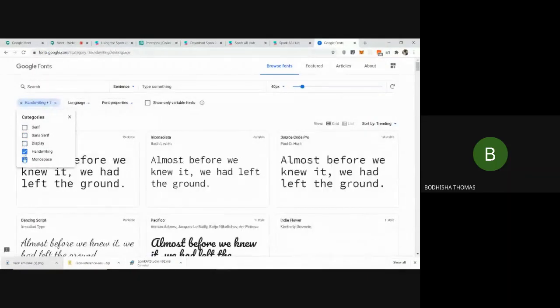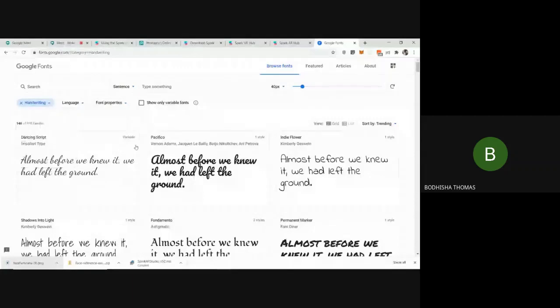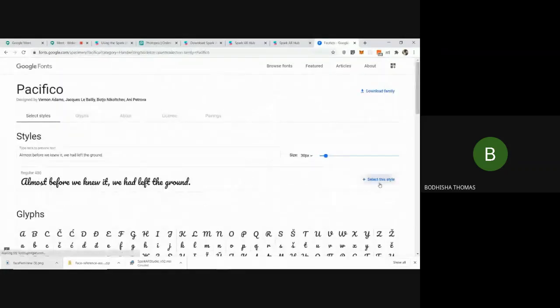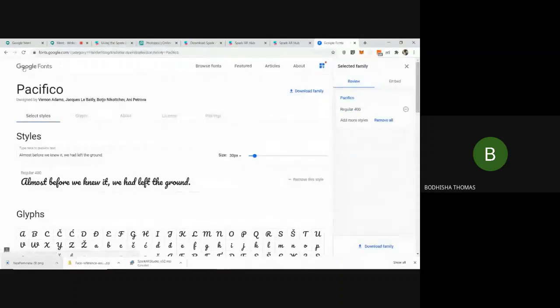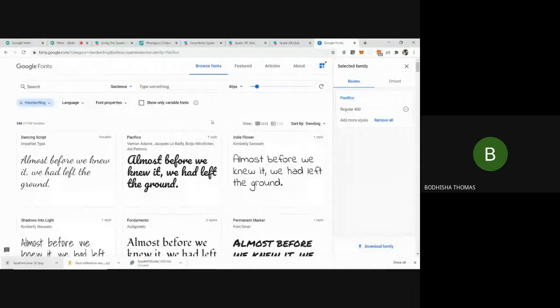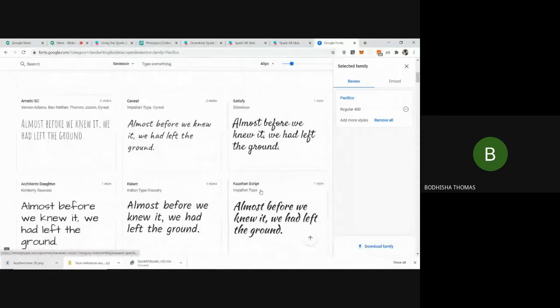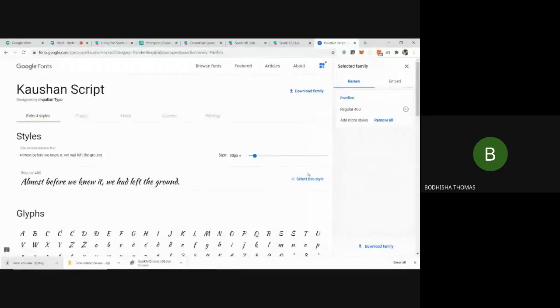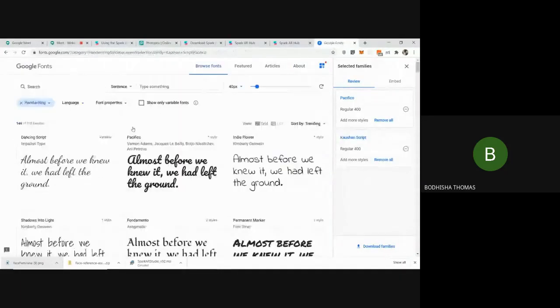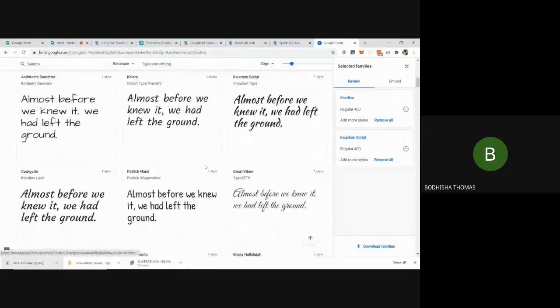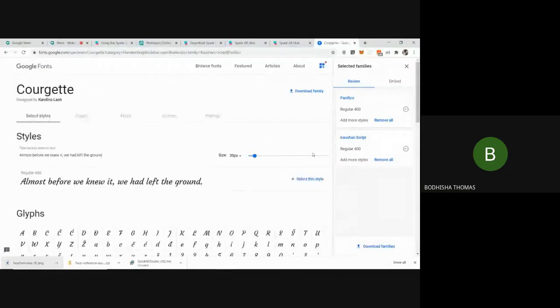I'll choose handwriting because it looks better for filters. I'll add one more font, maybe this. And you just have to download it.